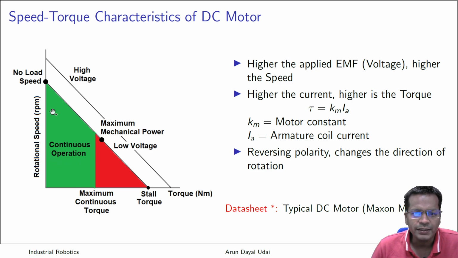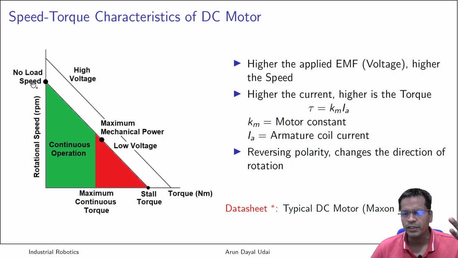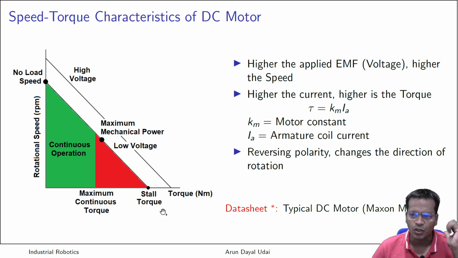What all things it says? This is basically the no load speed. This is no load speed. When there is no external load attached to the motor, it is a free run motor, then in that case, that is the no load speed. Got it? And this is the stall torque. What does it mean? If you stop the rotor, if you hold it thoroughly, if you tighten it somewhere or you freeze it totally, so if you at all flow the current through the conductors, this is the maximum torque that the motor can see.